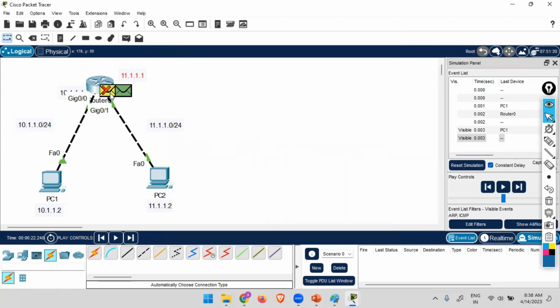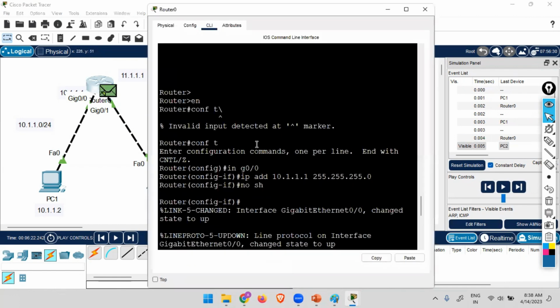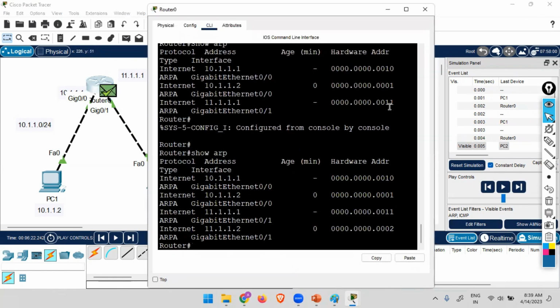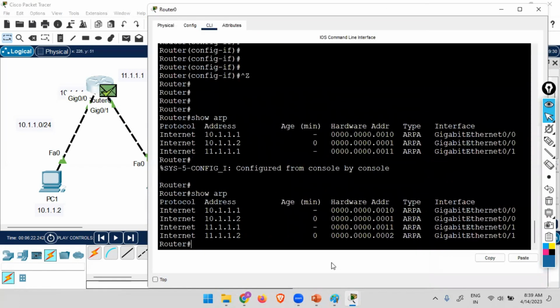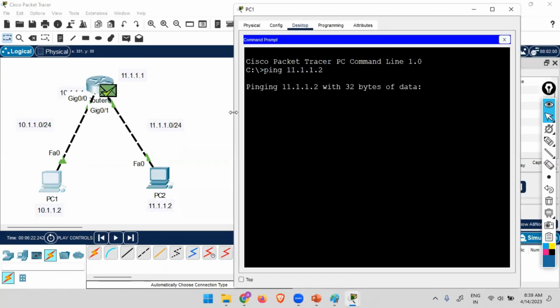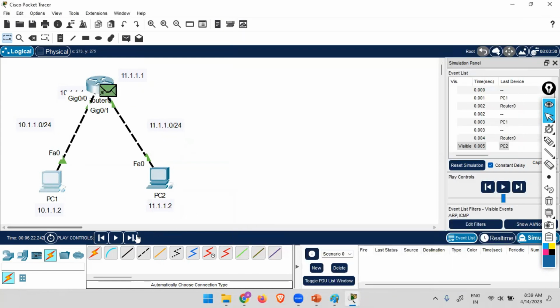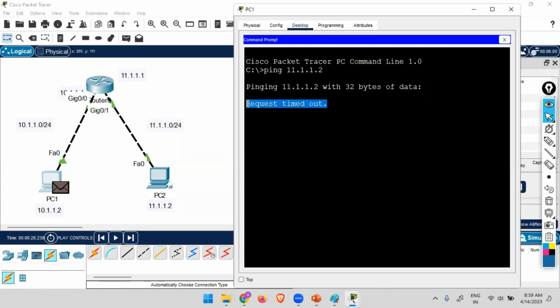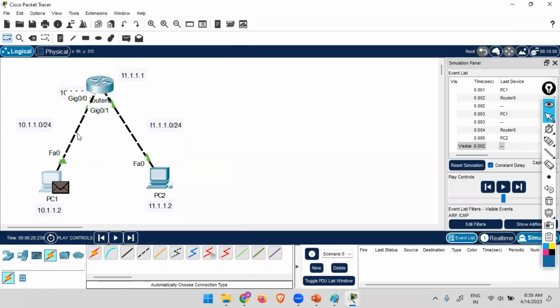Now this first packet got dropped, and this side the ARP process will take up the problem. Request, response. Done. Now router has the MAC address. We can check. Now router has the MAC address for it. So the first packet this side got dropped. Okay, you'll see. And this is the second packet. So first packet was request timed out, because router did not respond to the request. And now when this packet will go to the router,